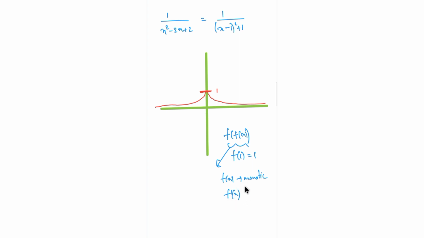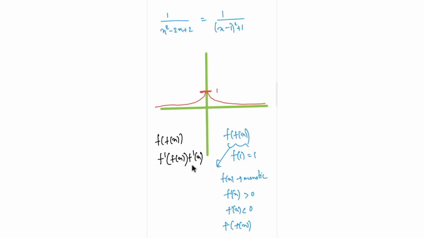If f of x is increasing, then f dash of x should be greater than 0. If f of x is decreasing, then f dash of x should be less than 0. But I have no idea regarding f of x. So I'll write it in this way: f of f of x. I need to get an idea of this, so just differentiate it. So it becomes f dash of f of x into f dash of x. It's like a chain rule.